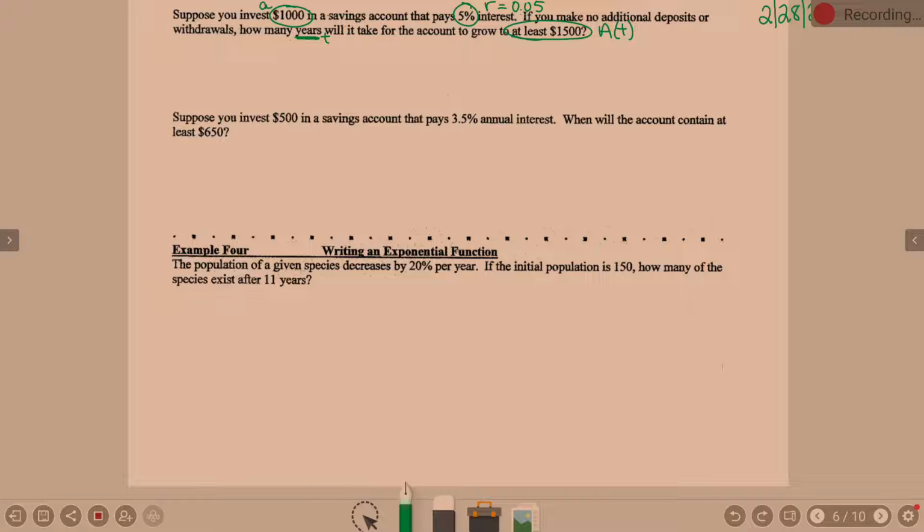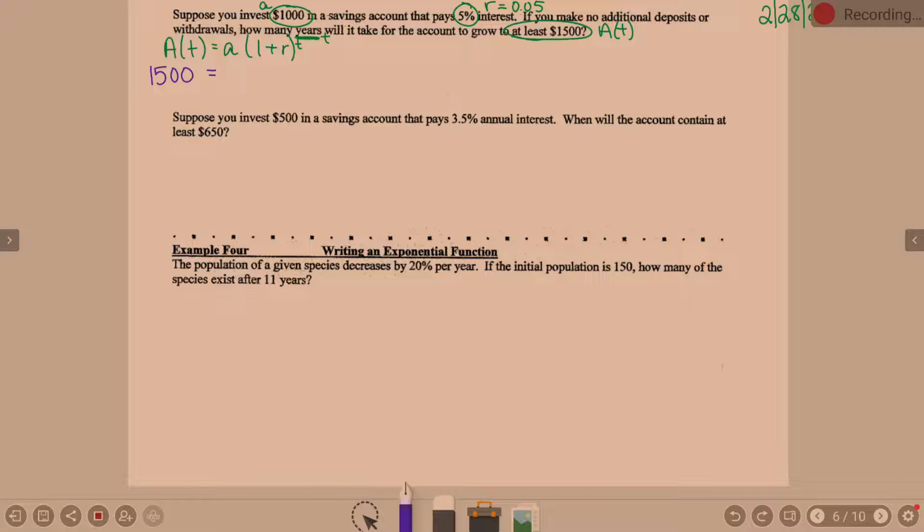So we had a formula at the beginning of the top of the page, right? The formula was A of T equals a times 1 plus R raised to the power of T. So I'm going to say fill in what you can here. As we fill in what we can, what's going in for A of T? The amount we're trying to get to is 1,500